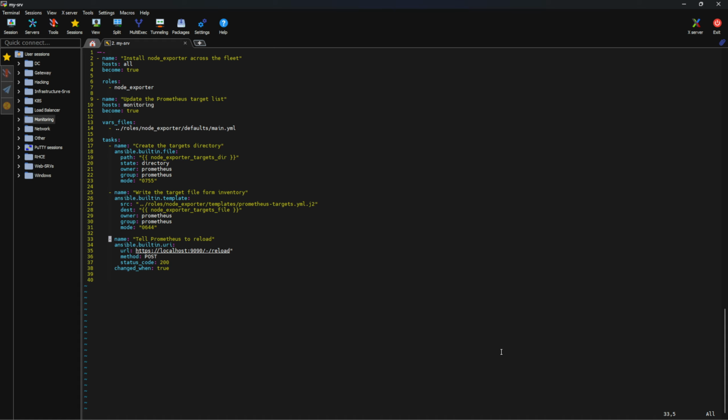So it needs to be Ansible built-in URI. That's fine. Then we need URL HTTPS. There's no S. I don't have SSL certificates. Then we'll do localhost 9090 /reload. That looks good. Then we'll do method post